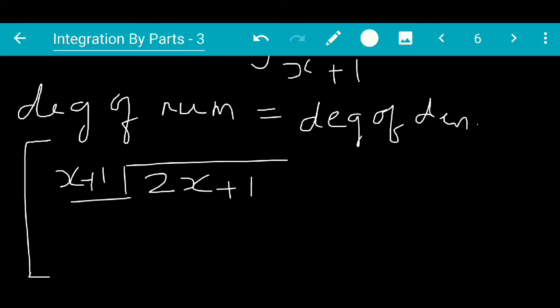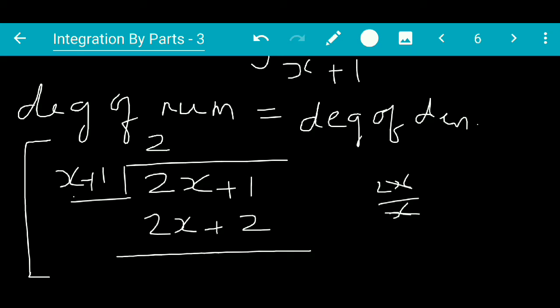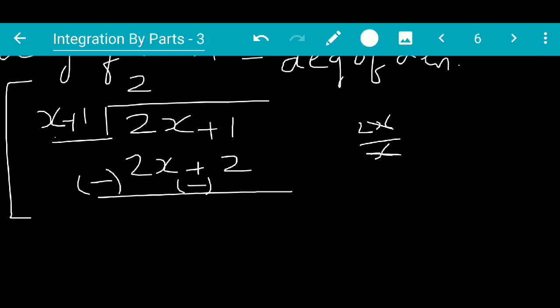You know how to do division of polynomials, isn't it? 2x is divided by x. So when we do 2x upon x, we get 2. So 2 comes in the quotient side. And then 2 into x plus 1 gives us 2x plus 2 over here. I hope you remember your long division from your 4th standard actually. And then signs are changed. Okay, so 2x minus 2x goes away. So thus we have minus 1 coming as a remainder.